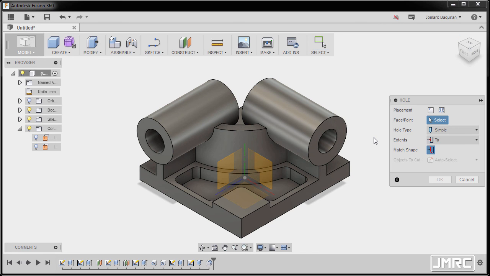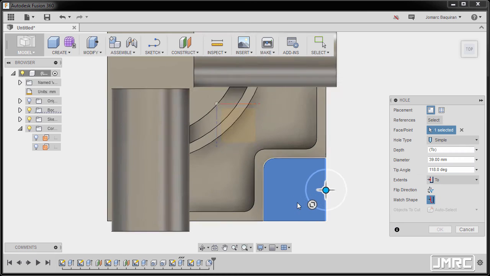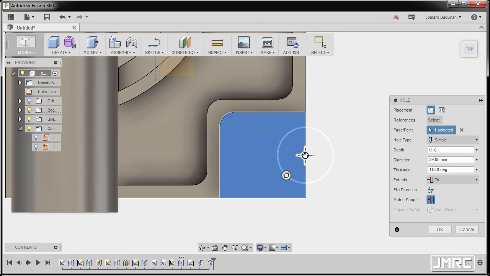I'm gonna hit H to grab our hole. I'm gonna go to top view. So selecting this face, I'm gonna zoom in and grab our blue dot. So I'm still holding my left mouse button, and notice that point. So I'm gonna go there and notice it snaps. So going to home view,